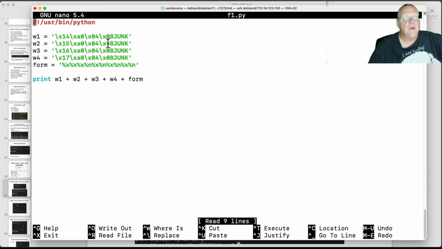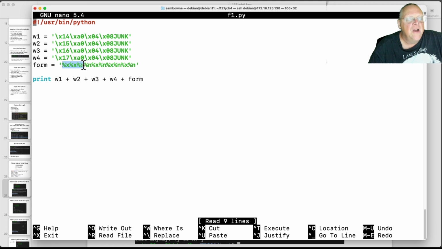All right, so here I'm going to write 4 bytes. Remember, I'm going to write first to that address ending in 14, then in 15, 16, and 17. So I'm going to write each byte one after another. So I print this group of 4 bytes, that group of 4 bytes, that group of 4 bytes, that group of 4 bytes, and then the format string, which is skip the first 3 words.